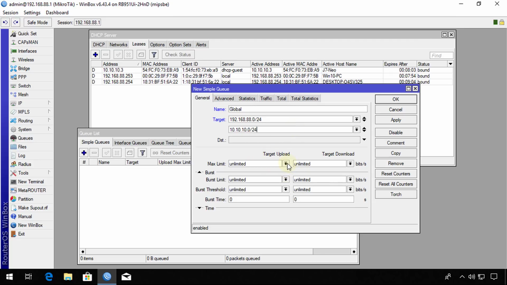And we're going to set the upload and download limit for this. So this is the total bandwidth. So this will be the total speed of your internet connection. So if the total speed for the internet is say 3 megabits up, and say 15 down. Okay,